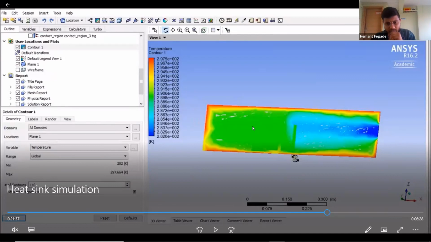Okay, and around the wall the temperature is high because we have not established any ground for those boundaries. We have just established a certain temperature, like 290 Kelvin or something. With that, the overall effect of the chip generating the heat, and the heat being transferred to the heat sink, is that it is being transferred to the overall domain. You'll be able to view it in this manner,